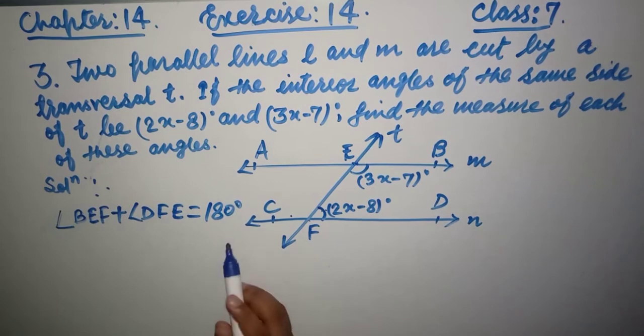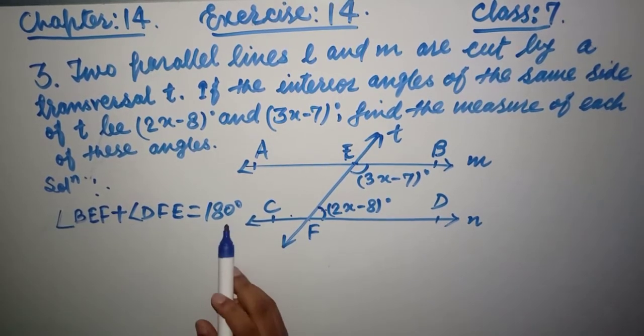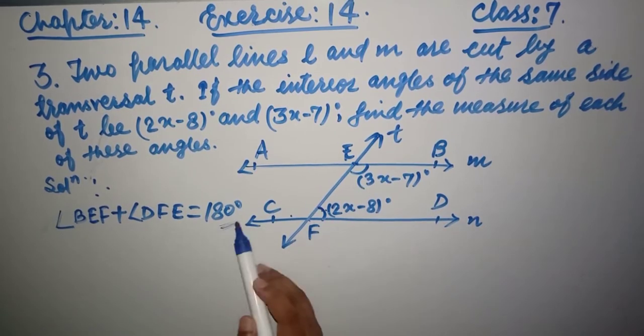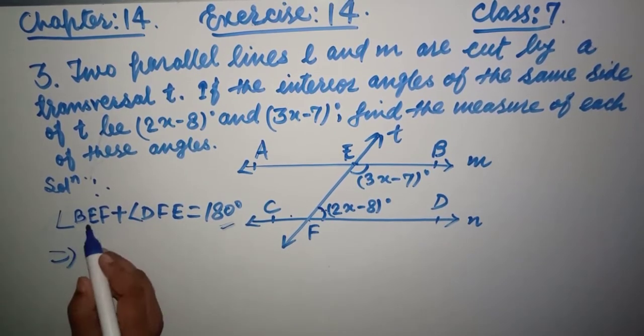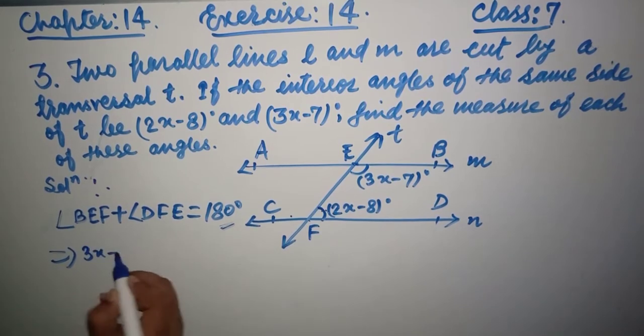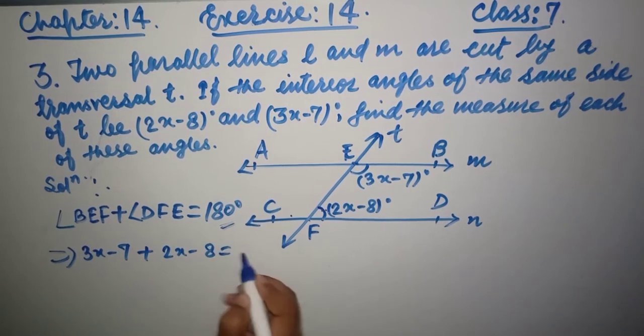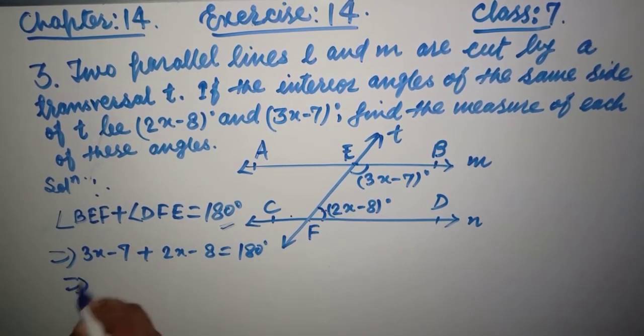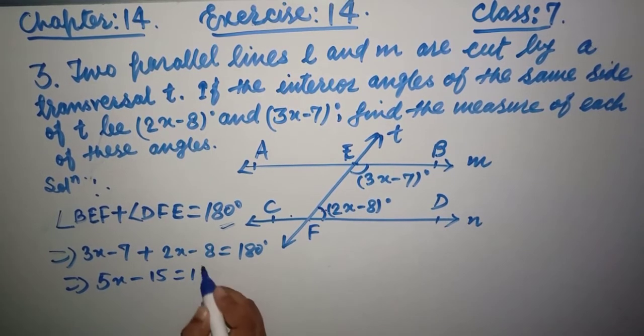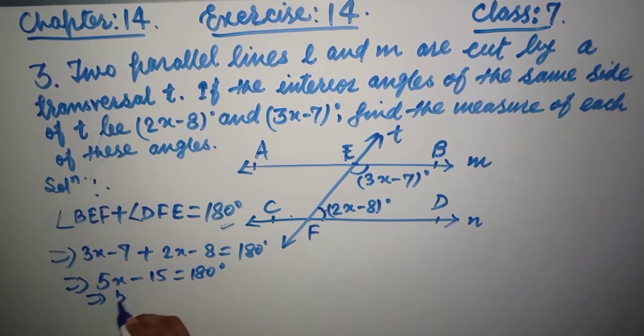Reason: interior angles on the same side of a transversal are supplementary. Now put the values: BEF is 3x minus 7 plus DFE is 2x minus 8 is equal to 180. Now solve. 3x plus 2x is 5x, and minus 15 is equal to 180. Now 5x as it is, bring minus 15 to the right-hand side as plus, so 5x is equal to